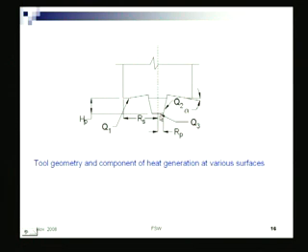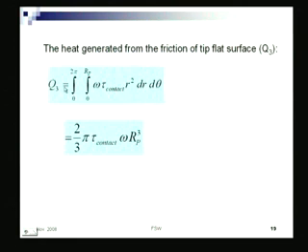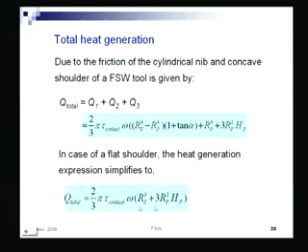RP is the radius of the nib, and RS is the radius of the tool shoulder. Then the heat generated from the nib side, that is Q2, on the side surface, and Q3 is the heat generated from the tip flat surface. So one is at the shoulder, the nib flat surface, and the nib side surface. The total heat is obviously the summation of all these three,